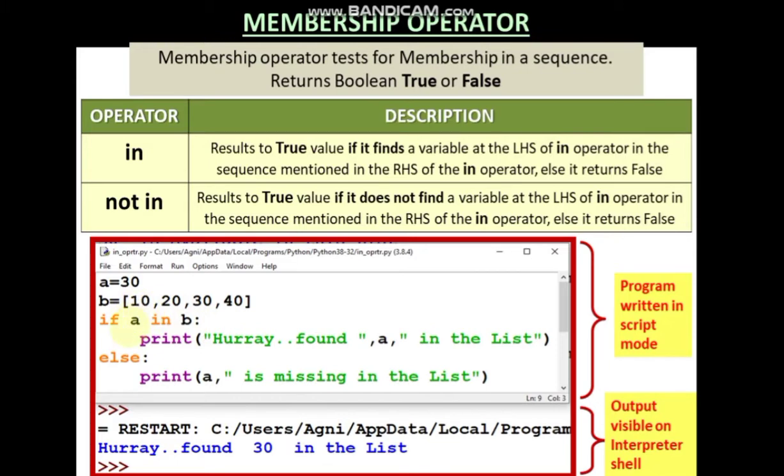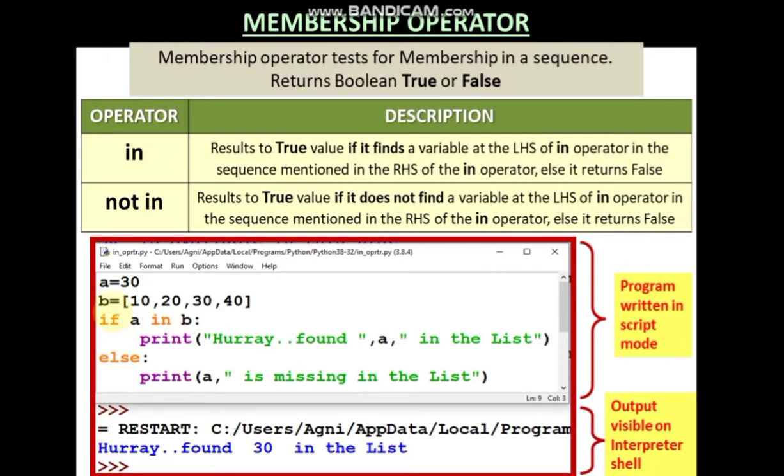Yes, A, which is 30, is a member of the B list. So if this condition is true, we enter and print this statement. Else it will come to a false situation and print that A is missing in the list.